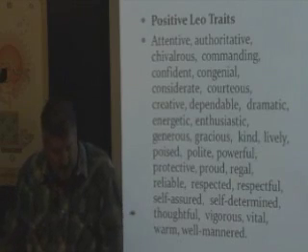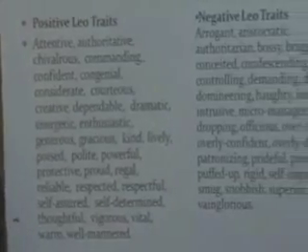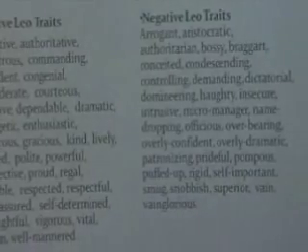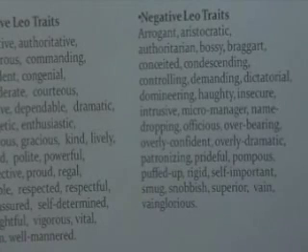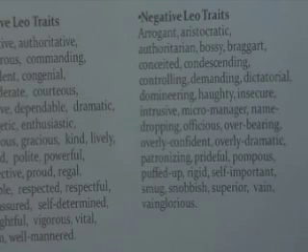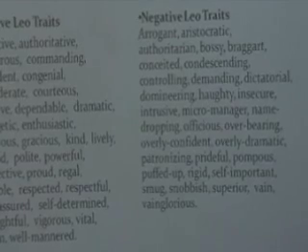The negative traits can be arrogance, aristocratic, authoritarian, bossy, braggart, conceited, condescending, controlling, demanding, dictatorial, domineering, haughty, insecure, intrusive, micromanagers, name-dropping, officious, overbearing, overly confident, overly dramatic, patronizing, prideful, pompous, puffed up, rigid, self-important, smug, snobbish, superior, vain, vainglorious. You can see these are all a lot of the traits that might also be associated with a discordant sun